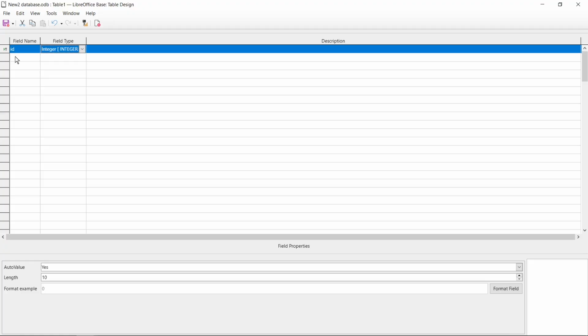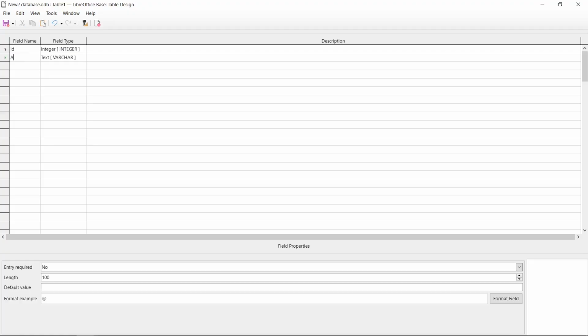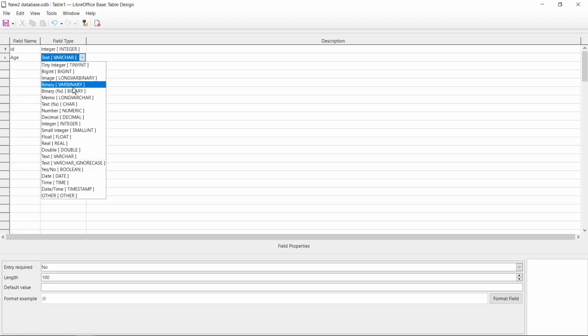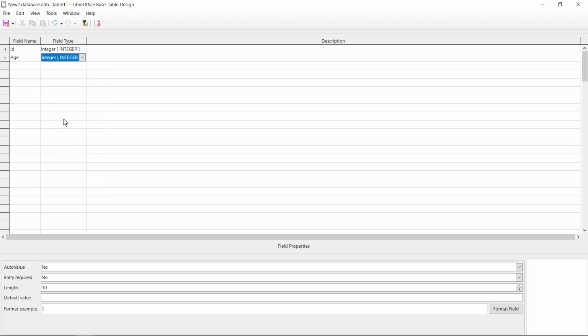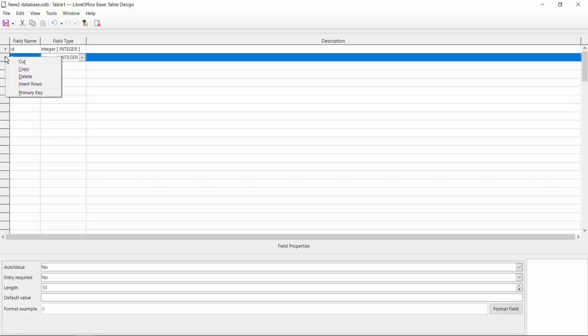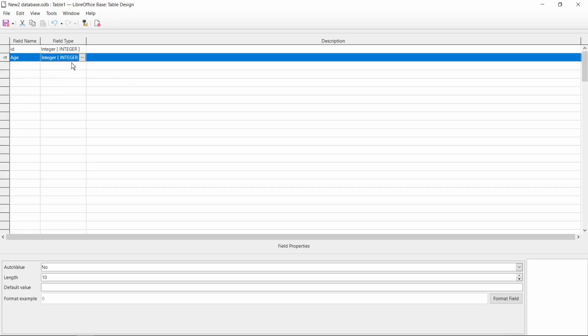But for example, if you have other rows, I will type here maybe age, and I'm going to change field type maybe to integer. So I select here integer, and now if you would like to change your primary key to this one, you need to click right mouse button here, and then you need to select here primary key. Then this row will be set as primary key,